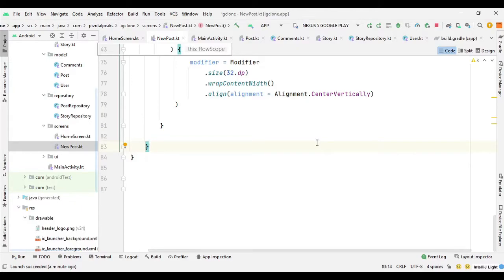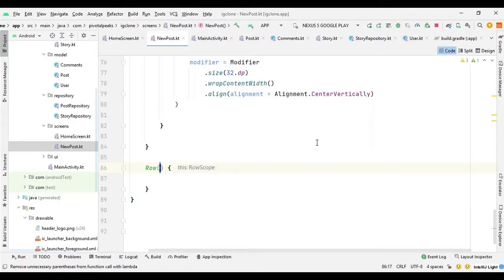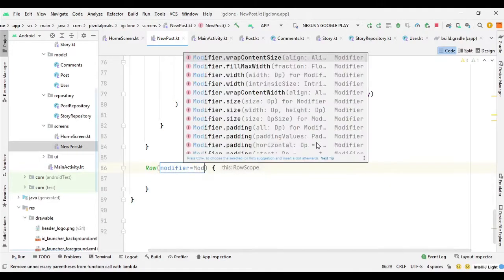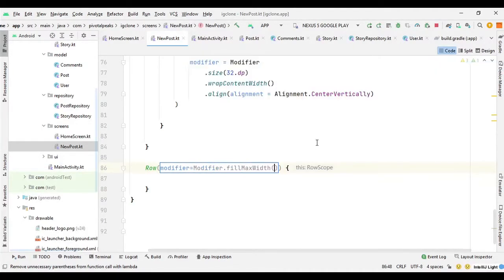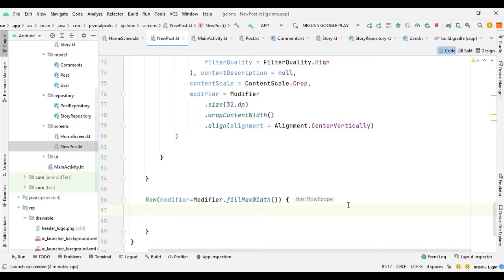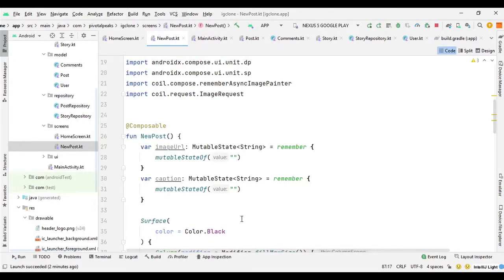So let's create another row, and we can again use the modifier dot fill max width, and the first thing we need is a value for placeholder. So we need a placeholder image, so we can declare it on top of our new post function.